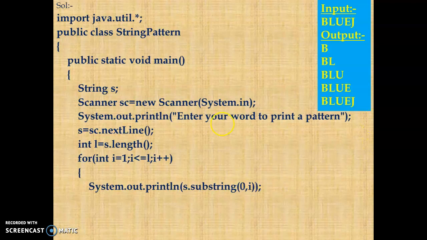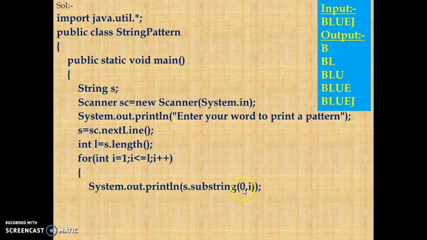We use one variable, and first why I have written 1, starting from 1, is because in substring whatever you have written here, it takes minus 1. That means 1 means 1 minus 1. Whatever position I mention here, it does not include that particular position, just one less than that position. So here in I we have 1. So 1 means not including 1, just the previous, that means 0. From 0 to 0, so B.